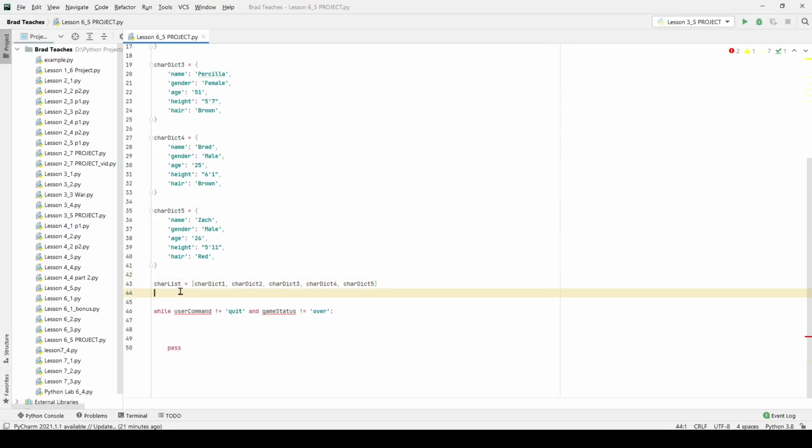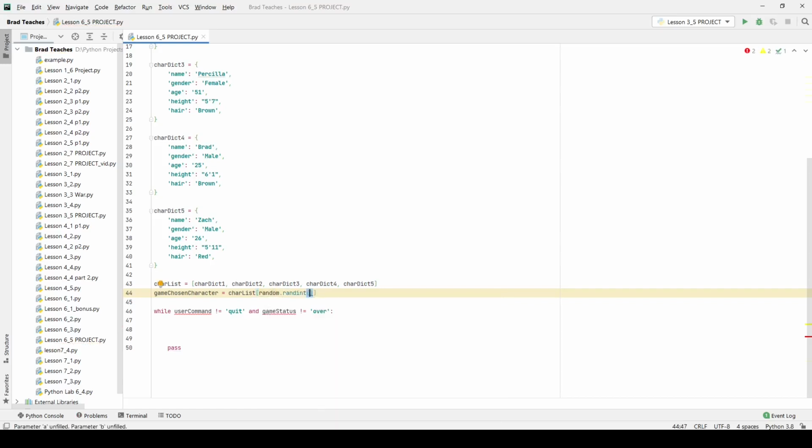So I put these into this list, and then I'll be able to actually say for every character in that dictionary's list. In addition, what we also have to do is give the user a random character that they have to guess, and that is part of the reason we've given a char list. So I'm going to say the game chosen character is equal to char list, and then I'm going to pick a random index, and that random index is just going to be